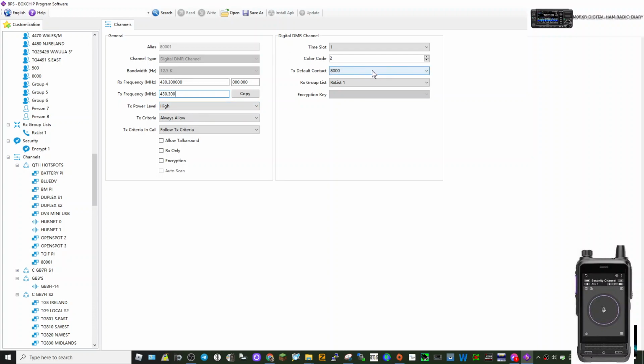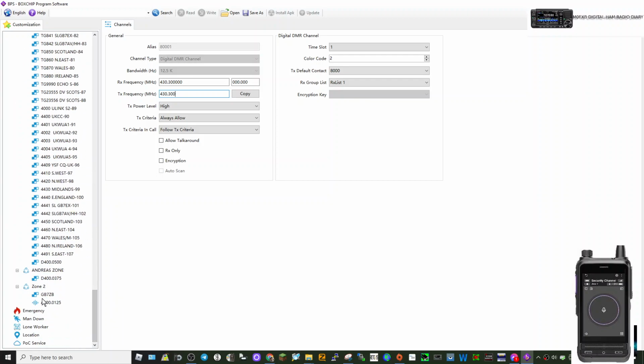So you've now created a channel, you've linked it to your contact number, which is basically the talk group you're going to be using, and you've put it into a zone, and the zone that channel is in is called QTH hotspots. You see, but if you wanted to, we've added a zone here by going right click. Zone is like groups of channels, so you can find it on your device. Right click, add a zone. We just added another zone there, zone 3,